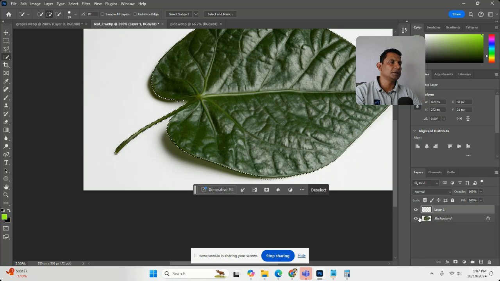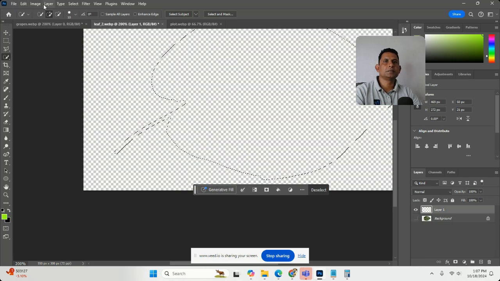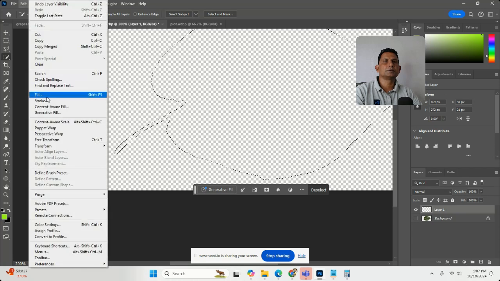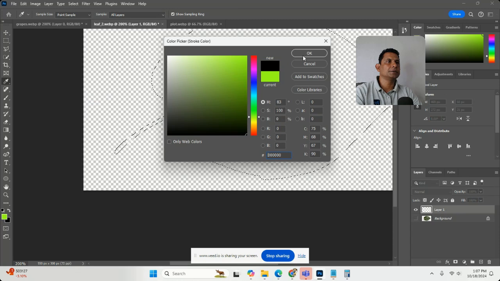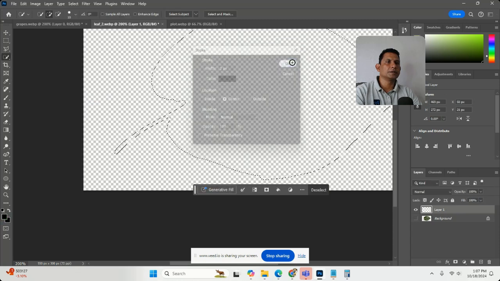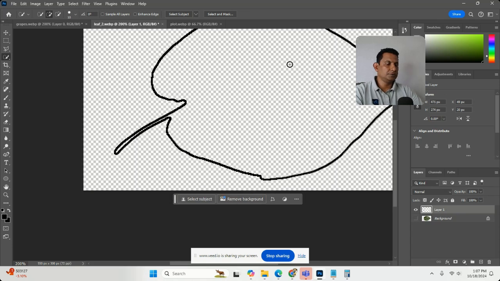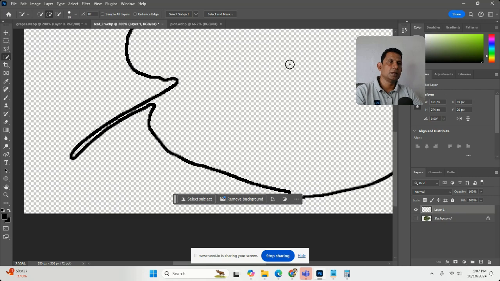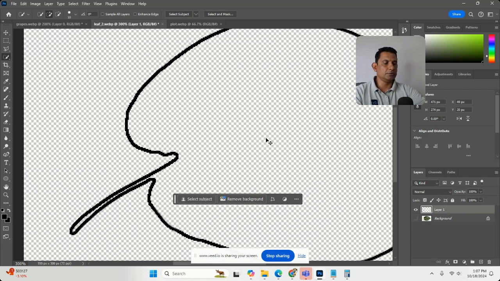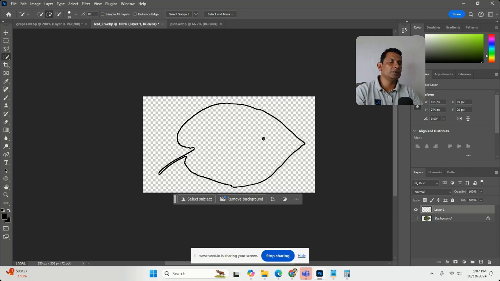I'm going to the next layer. I'm hiding this. Then Edit, Stroke. A black stroke I need. Okay. So now you see that you can go to stroke. You can do whatever you want on the stroke, any editing you can do on this. So this is one way you can use it if you save the selection right. Another one is